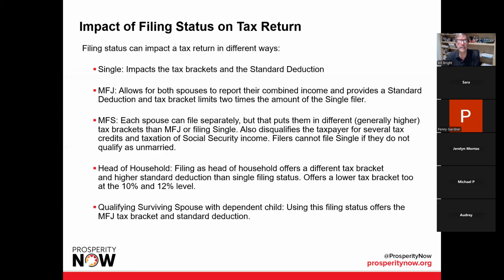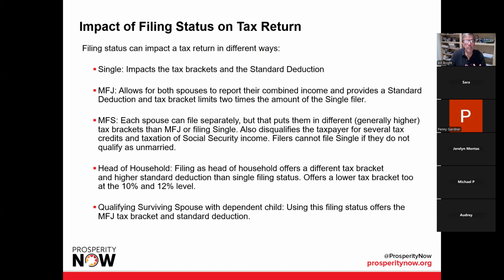So, impact on the tax return. Filing status can impact a couple different ways. Obviously, if you're single, it impacts the bracket that you're in and the standard deduction. Depending on if your income is $30,000, your tax rate is different if you're single, married filing joint, or head of household. Married filing joint allows both spouses to report their combined income and provides a standard deduction and tax bracket